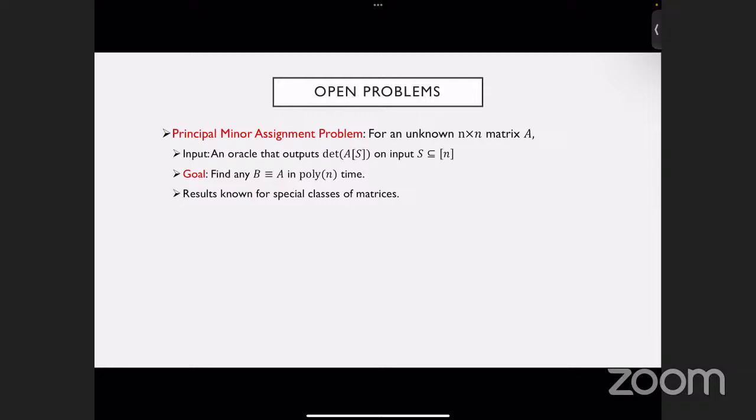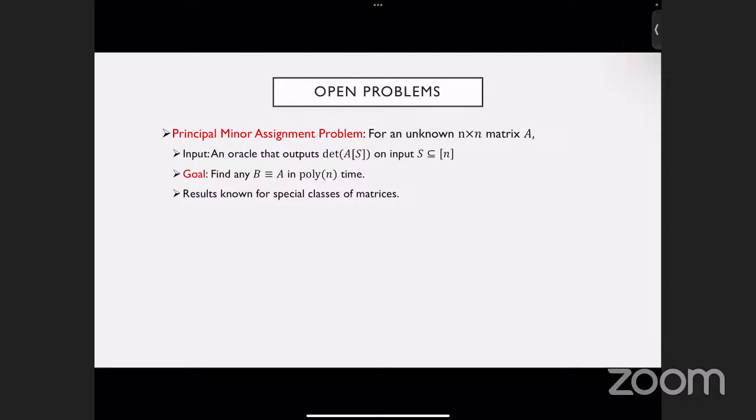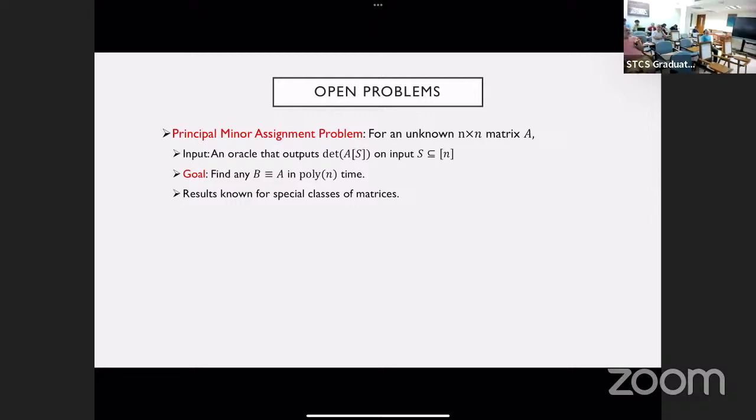It could happen that there are two matrices A and B that agree on any polynomial size. So that question should first be true before. In our setting, we know what these matrices look like, but here we don't know. Just to phrase Pralad's question differently, there are 2 to the n possible principal minors you